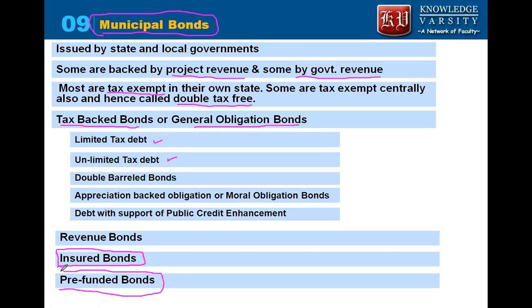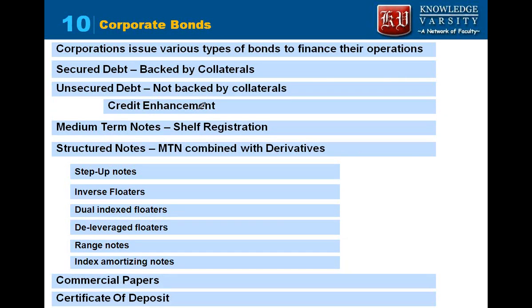Some bonds are pre-funded bonds. In this, what the municipality or the state government does to pay for the coupon and the face value is, from the cash reserve they have, they will buy treasury securities, that is, government securities, and it will pay the coupon and the face value from those. Since the investment is done in treasury securities, these pre-funded bonds receive a high credit rating. AAA rating is very common in these pre-funded bonds. Similar to municipalities or governments, you have